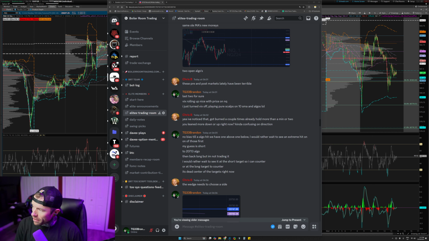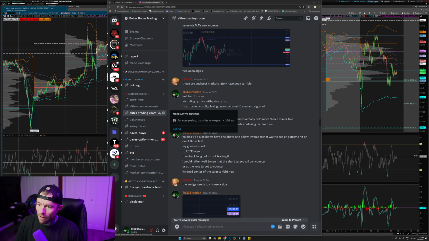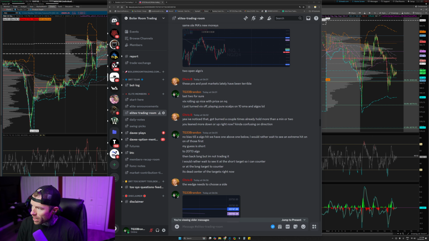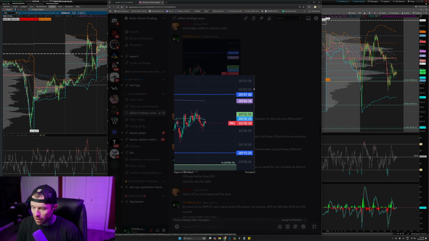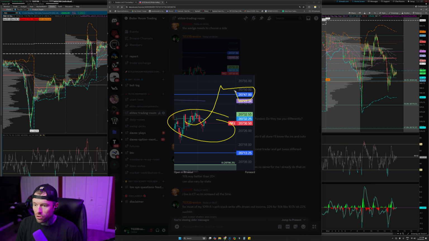So we had 2 markers there on NQ, and I said I'm going to play the counter trend. We set this trade up half an hour before it happened. As always, we try to be predictive. As the market came up with a long move, we had a move back down that we played as the counter trend, because the trend was up. I go over the levels here, 20,747 and 20,713. I don't want to trade in between these 2 algo levels. I'm going to wait until something pushes up to one of these levels or down to the other, and I will play the opposing side, counter trending that trade.